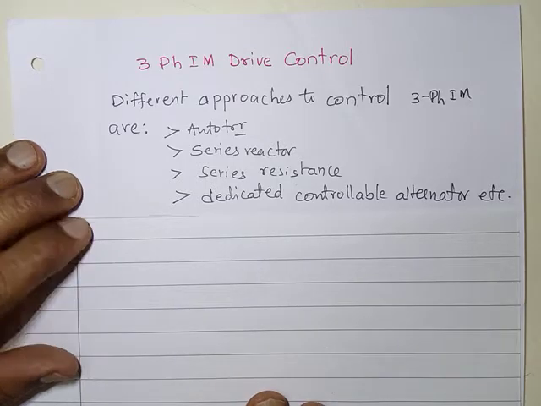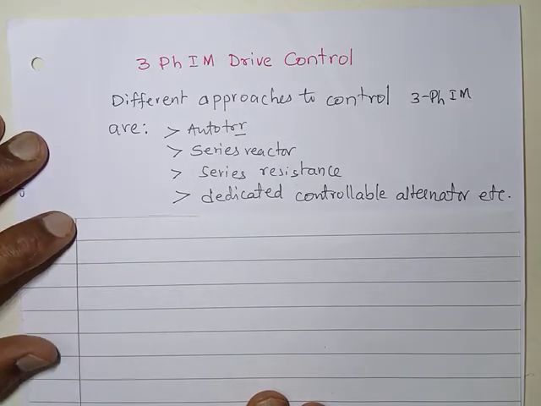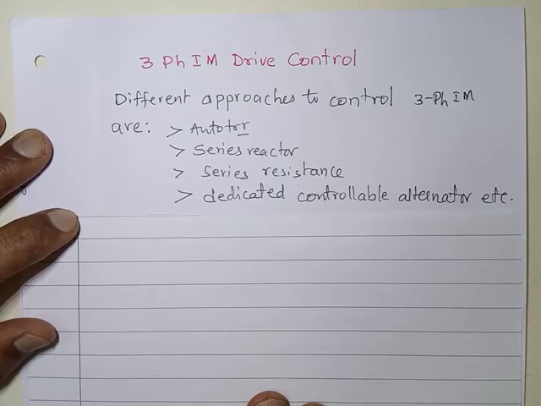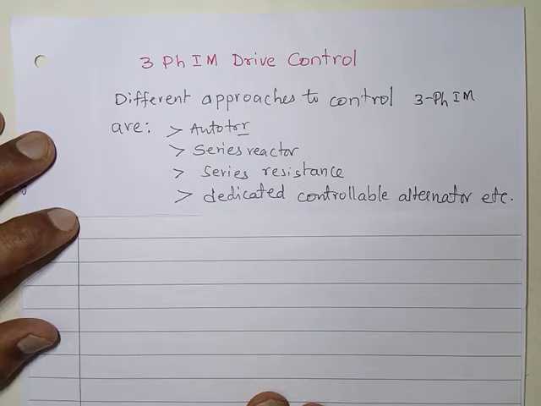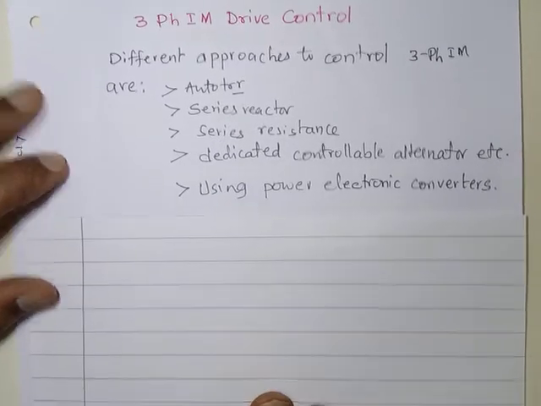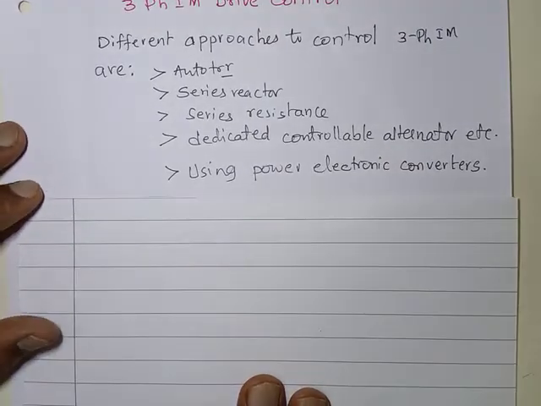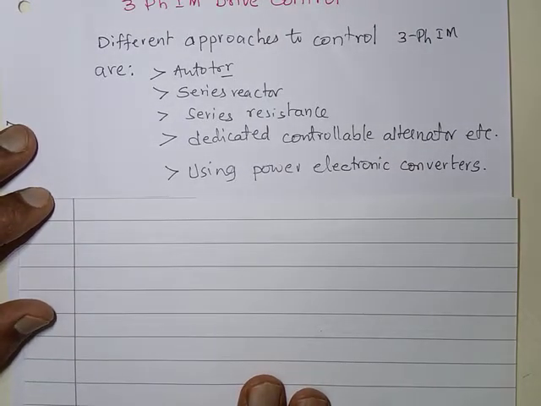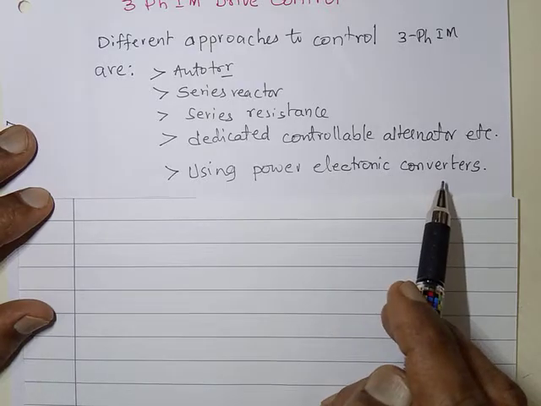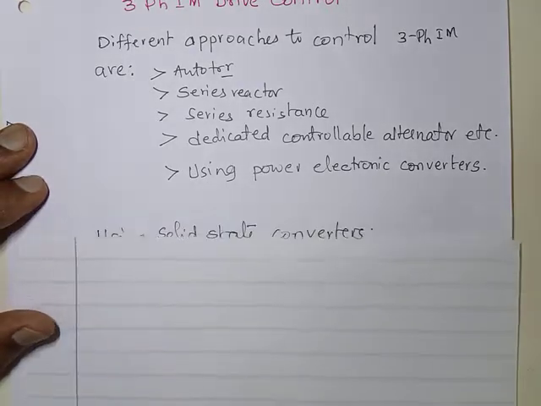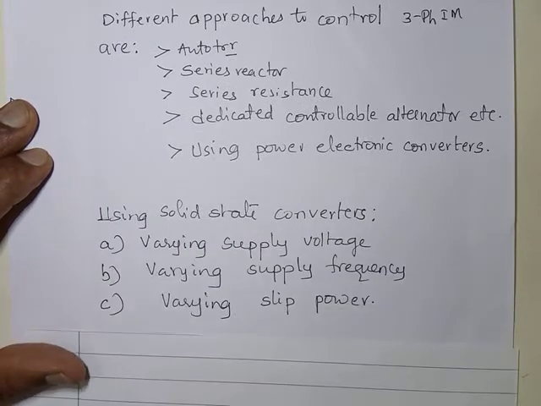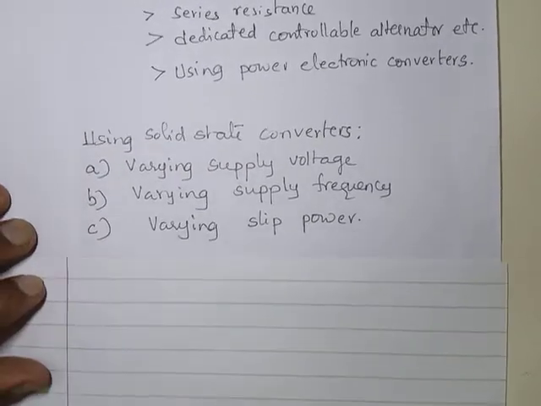In contrast to this, we can make use of a solid state approach and then control the three-phase induction motor. That is where we come across solid state control of three-phase drive. Okay, so now that actually falls under the power electronic approach. We make use of power electronic converters. Using that, we can have the three-phase drive control,